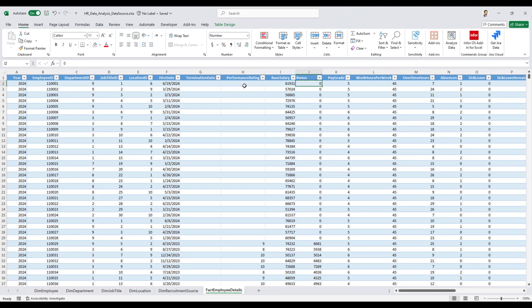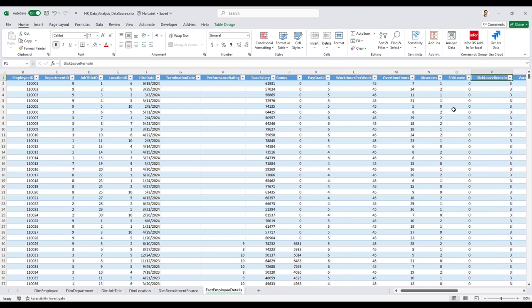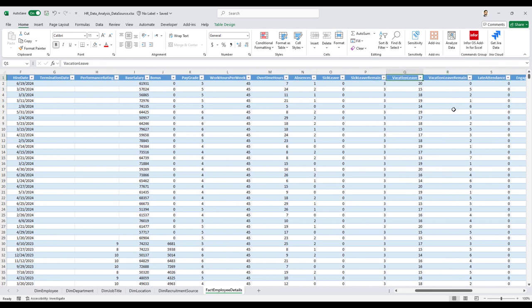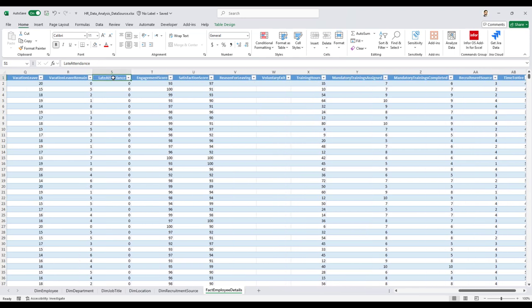So in case an employee has some kind of performance rating, they will get a bonus. Otherwise, there won't be any bonus. Then we have the pay grade. This is the same that we had in the DIM job title table. We have the work hours per week, the overtime hours during the whole year, the absences, sick leaves remaining, vacations, vacation leaves remaining, then we have late attendance, engagement score, satisfaction score, reason for leaving, voluntary exit, training hours